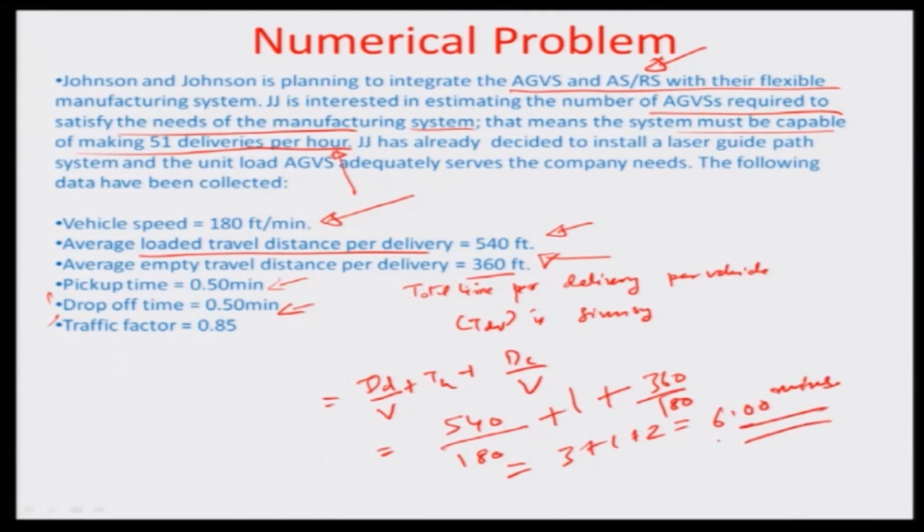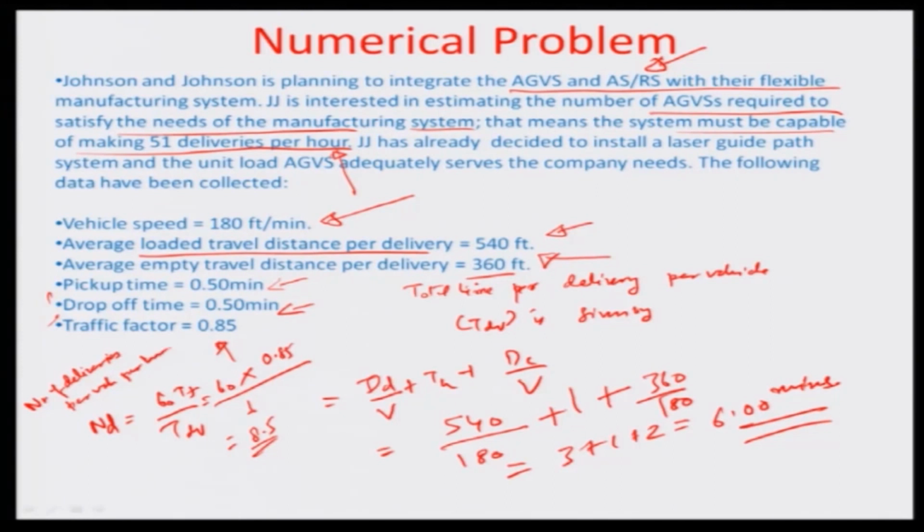as the total time per delivery per vehicle, and we add the traffic factor to this. The number of deliveries per vehicle per hour comes out to be 60 times TF divided by TDV, which is 60 times the traffic factor 0.85 divided by TDV, which is 6 in this case. So it becomes 8.5 deliveries. This is the delivery frequency per vehicle per hour, and obviously we need 51 deliveries per